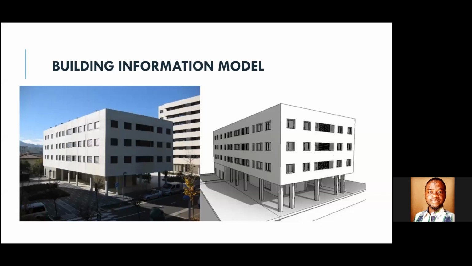So before doing the actual construction, we do a virtual construction in a computer based environment, and we create the same thing. For example, the columns, beams, walls, doors, windows, floors, and mechanical equipment, firefighting equipment, everything we create inside a virtual environment, similarly as we do in the real environment as well.